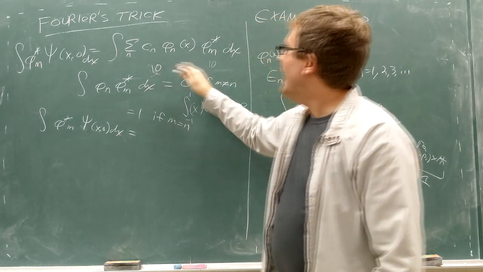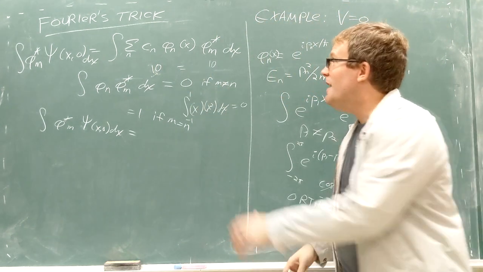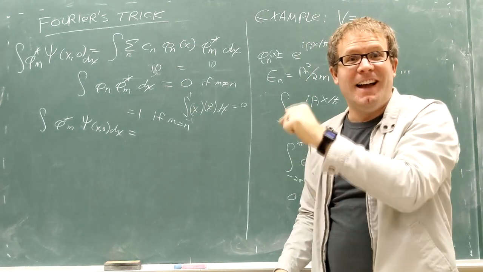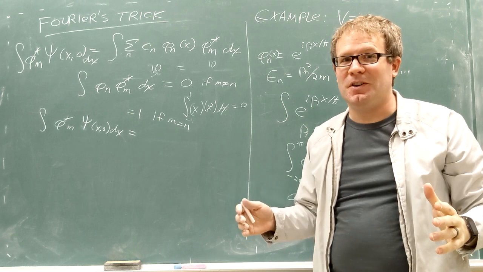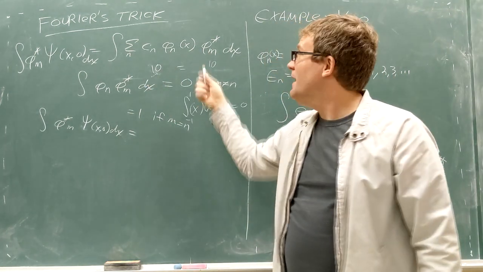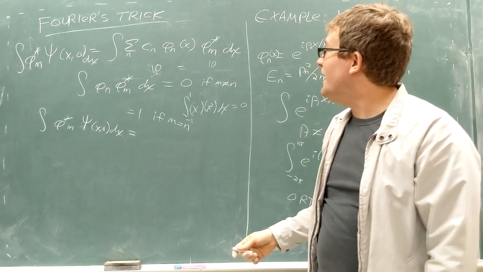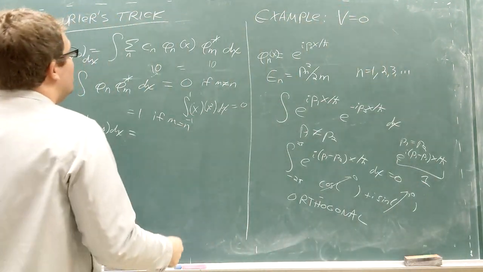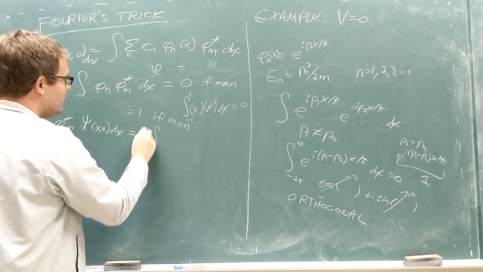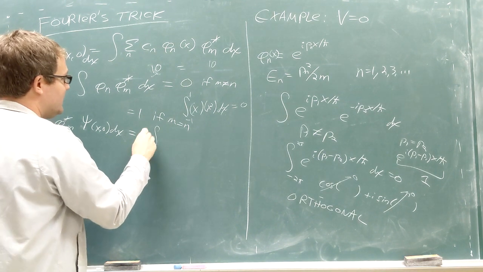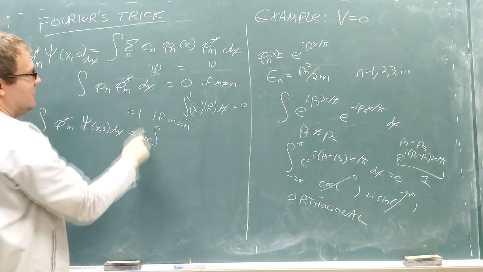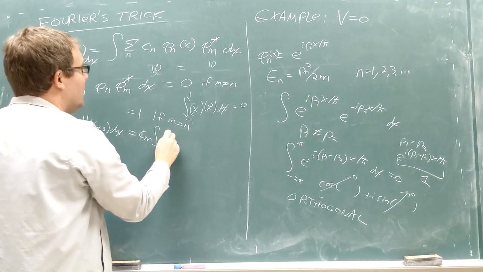As soon as n equals m, it picks out that term and says that term is special. I get to keep that term. All the other terms are going to go away. So this integral kills off every term except where m equals n. So over here, you'll end up with an integral. You'll have a c m, right? Because this thing just comes along for the ride. You'll have an integral of